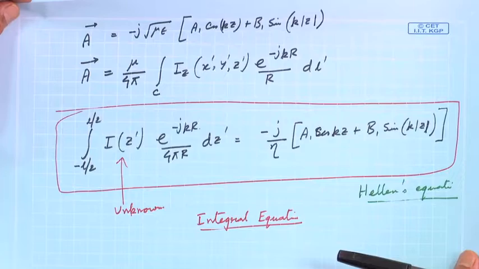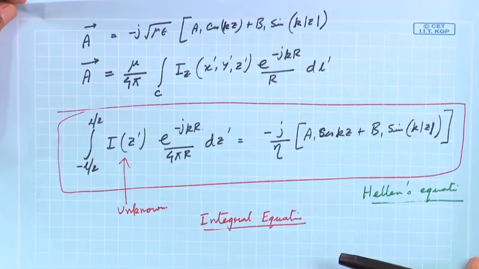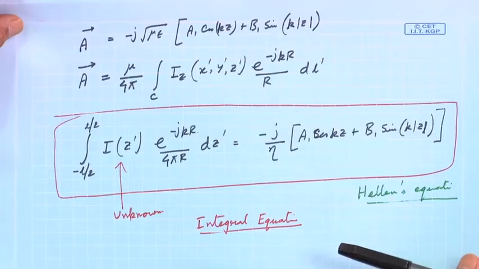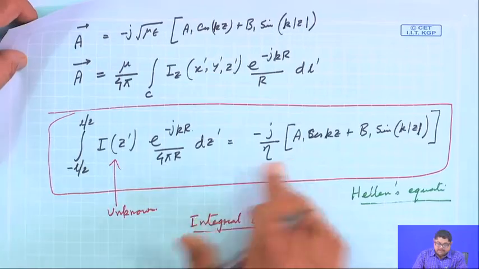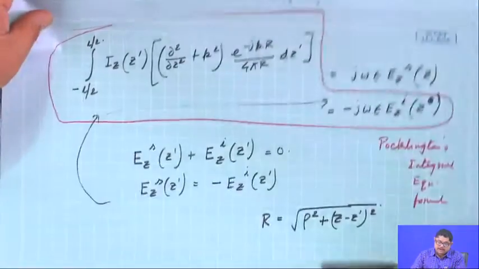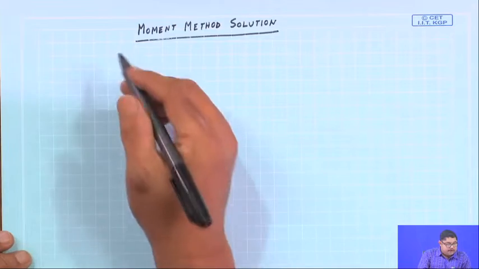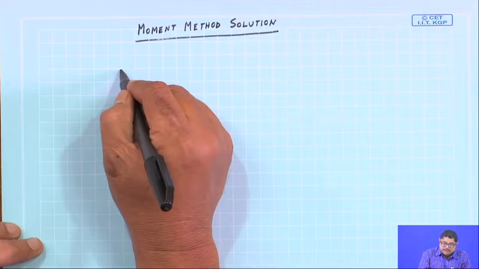So, today we will discuss the moment method, integral equation solution by moment method. We have already found out Hallen's formulation. It is an integral equation, I z dash is unknown. This is Pocklington's formulation. Again you see I z dash is unknown, there is an operator, and the right hand side is known. So, we can say both of these, or any of these integral equations, a class